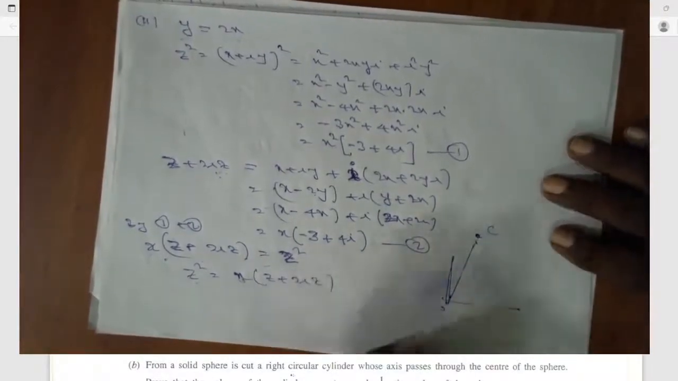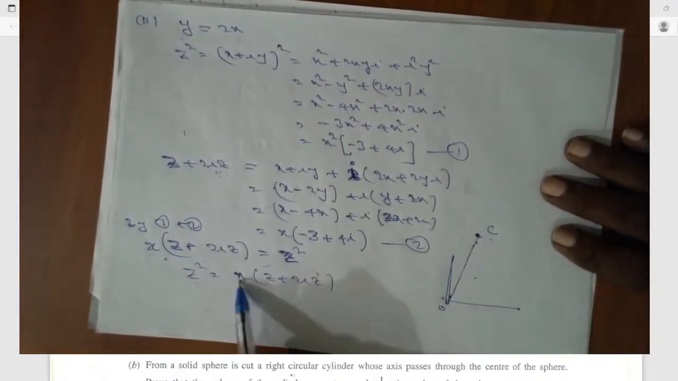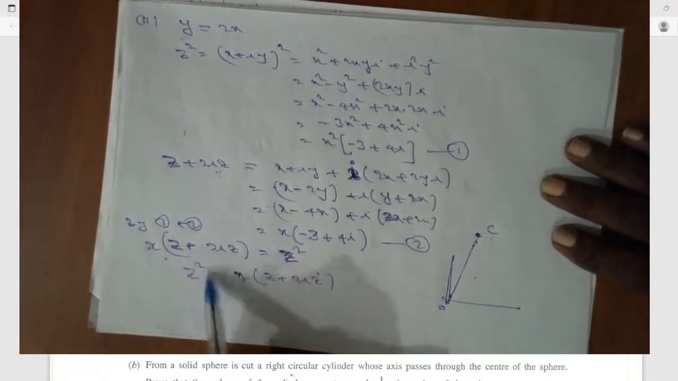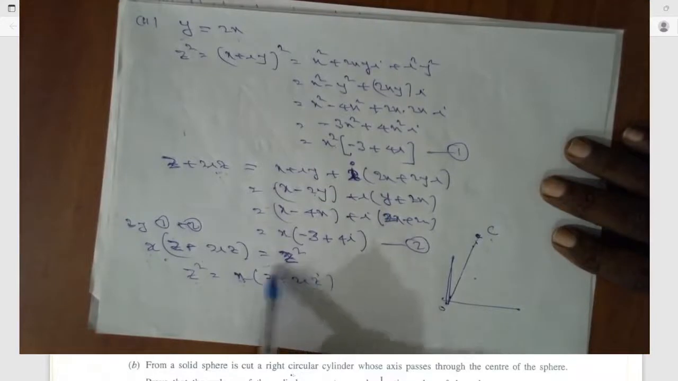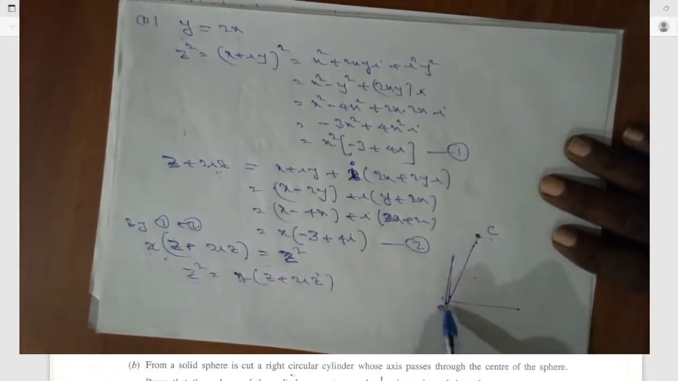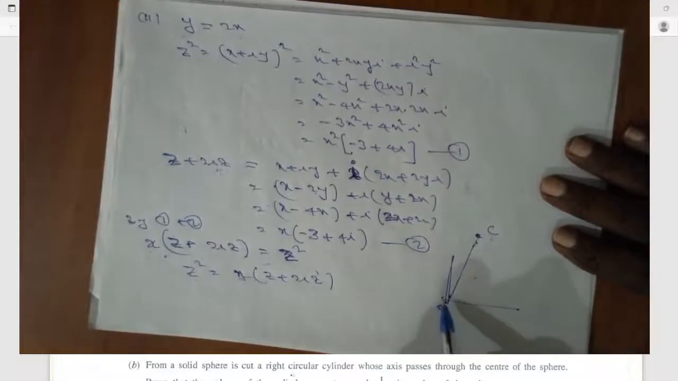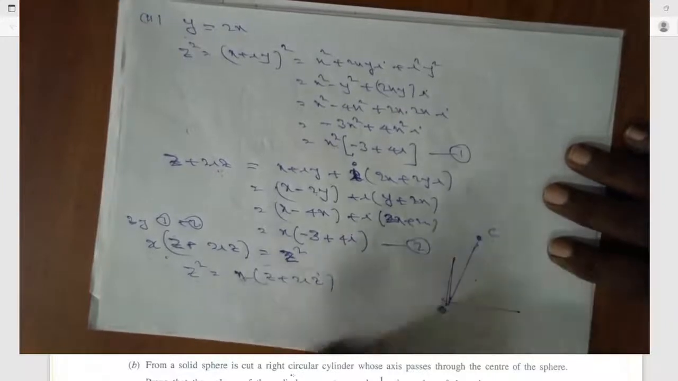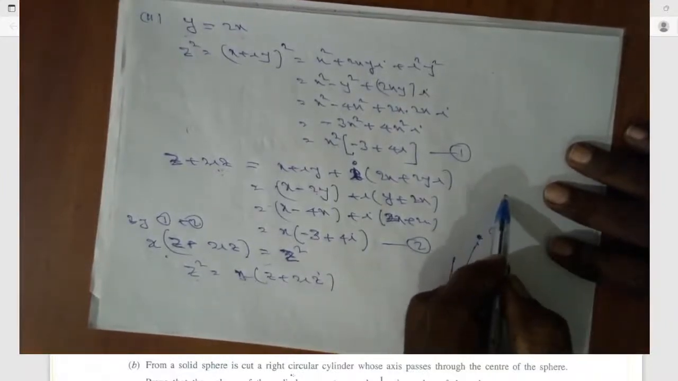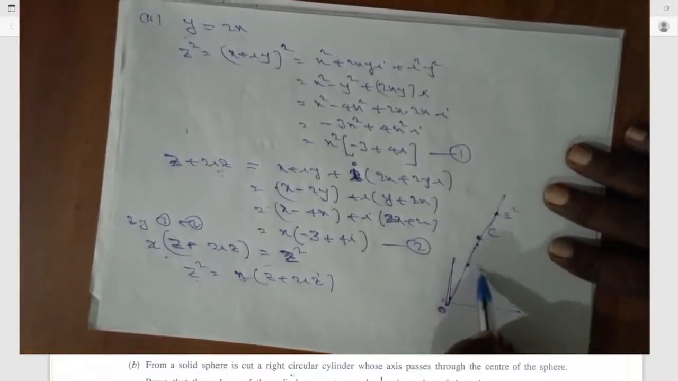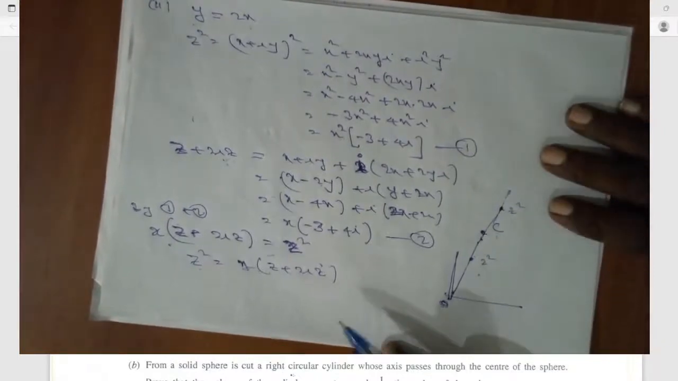Now this complex number, if x is less than 1, then the modulus of this one is less than the modulus of the complex number represented by C, right? If x is less than 1, it is exactly between O and C on OC. If x is greater than 1, z squared is on OC produce, somewhere here. So better to say